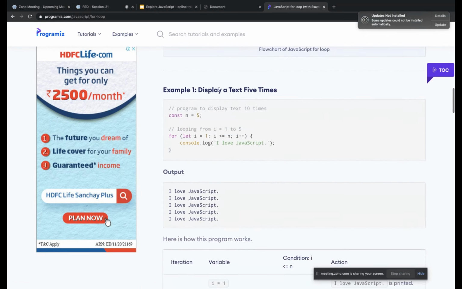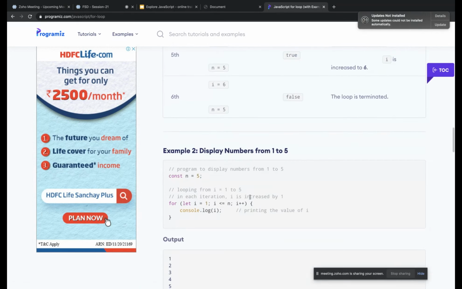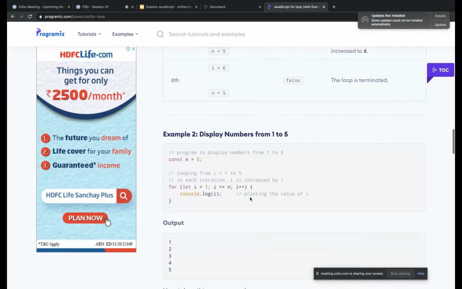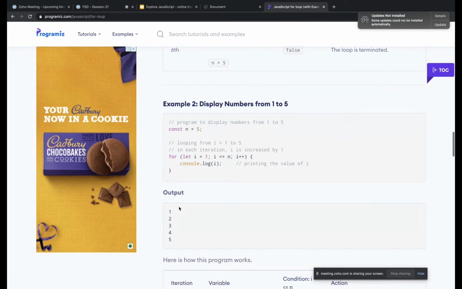They also did the same, display a text 5 times. Display numbers from, we can do this. This also, what they have done, they have given n is equal to 5. So they want to print the values of 1 till 5.